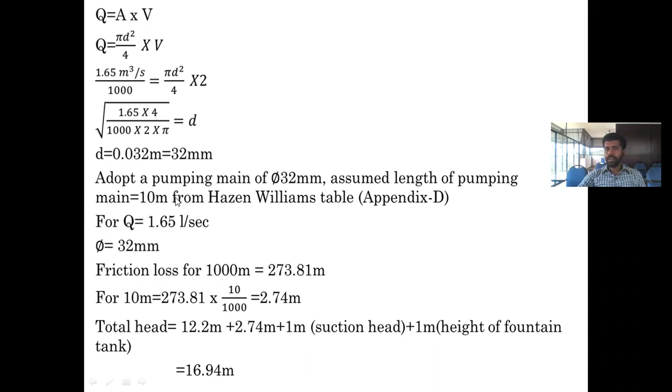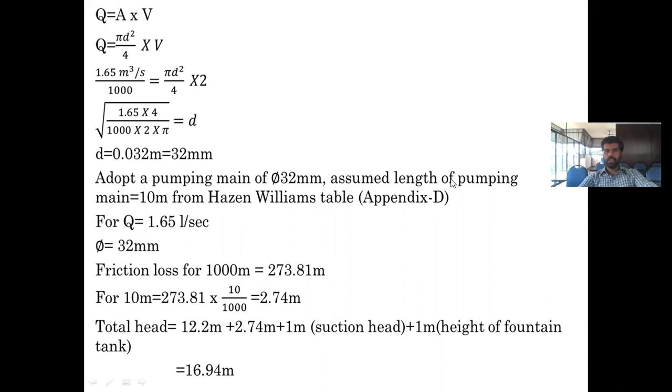This 10 meter will be differing. So you need to know the height of the borewell. If you know the height of the borewell, this 10 meter might be 20 meter or 30 meter or 40 meter like that. That's what I am explaining. A borewell will be very deep, right? So when it is a borewell, the height will be changed.